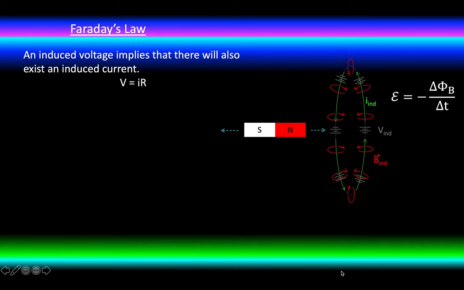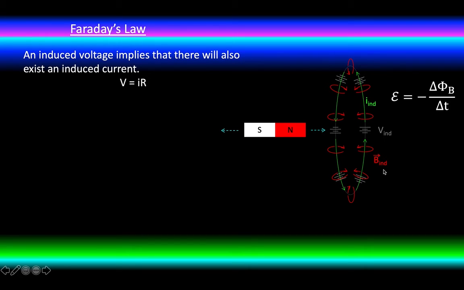I'm going to move away from Ampere's law now and take a moment to talk about Faraday's law of induced EMF from the previous chapter. So in the previous chapter, we said that if I have a loop of wire and I move a magnet around near that wire, through that loop of wire, there will be a changing magnetic flux. And that changing magnetic flux will imply the existence of an induced voltage. If I have an induced voltage, Ohm's law implies I will have an induced current. And due to the relationship between current and magnetic fields, that implies I will have an induced